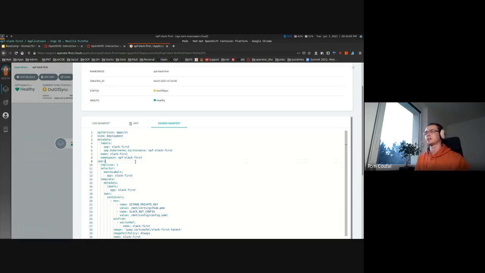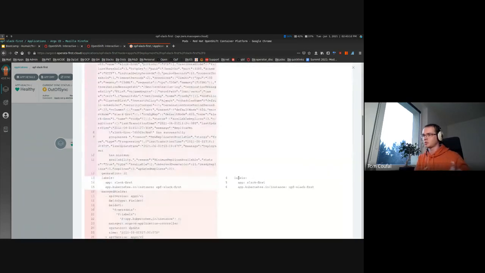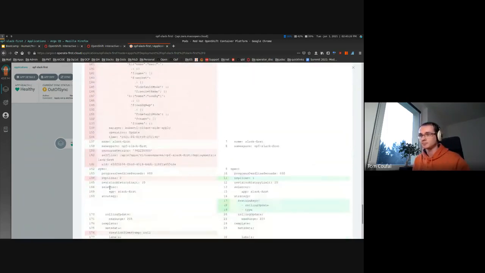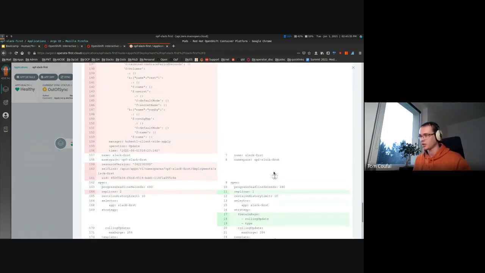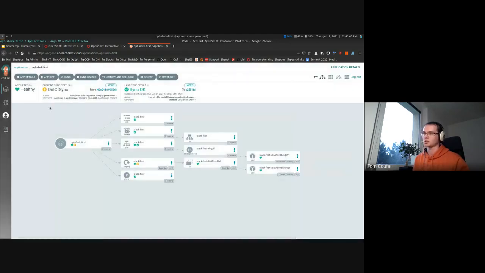So if we take a look at the diff, that's the difference between those manifests, between the live one and the desired one. We can see that Argo CD is telling us, yes, we have a difference in replicas. Yes, the source and the desired manifest comes from the Git repository, and Argo CD is listening for changes in the Git repository